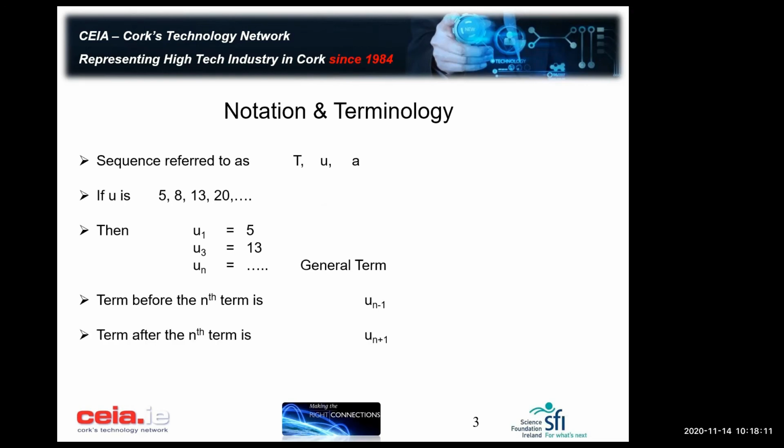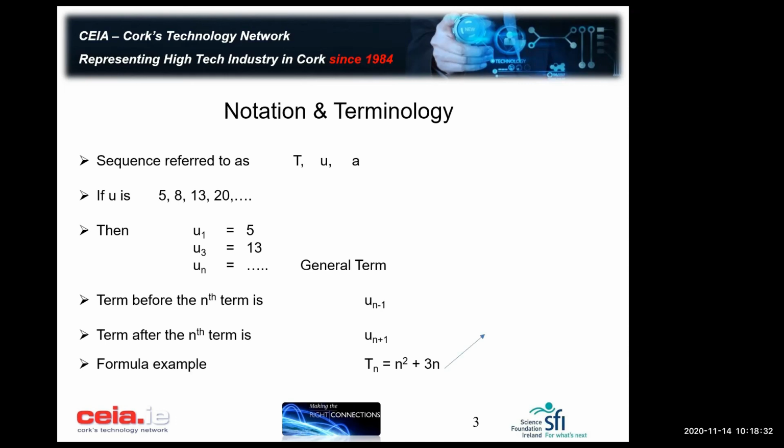And the term after the nth term is U of n plus 1. It's very important to understand that terminology because a lot of the formulae for a term will include a previous or a following term. So a typical formula would look like T of n is equal to n squared plus